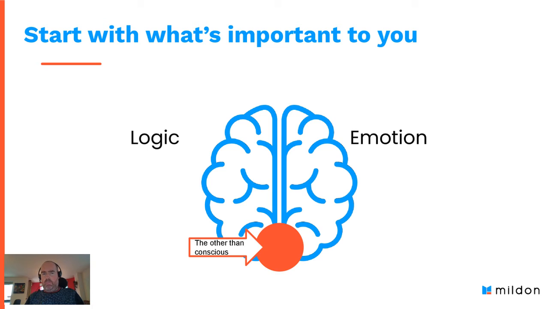There's this third part of the brain, which is the big red dot, and this is the danger zone. This is the stuff that happens on an other than conscious level that really interferes with diversity and inclusion. So within the big red dot, we've got things like unconscious bias. So, how our natural biases that we adopt through social conditioning or just simply the way that our brains are neurologically wired, how are those biases impacting on decision making, which ultimately impacts on the inclusivity of individuals, for instance.